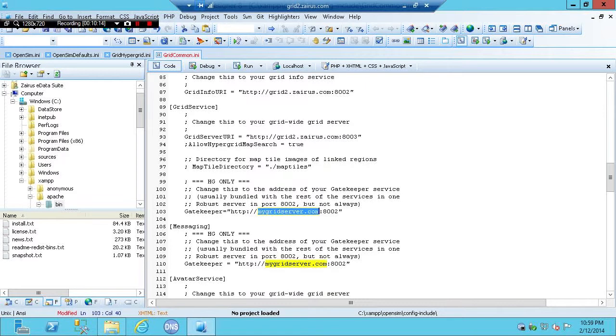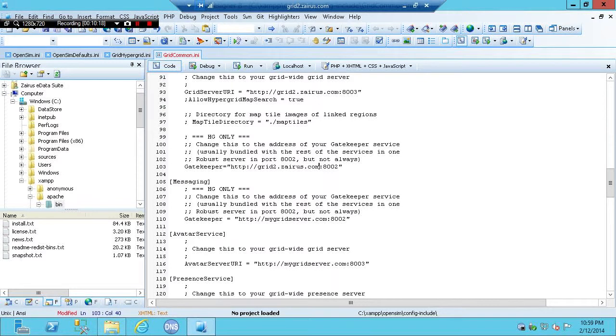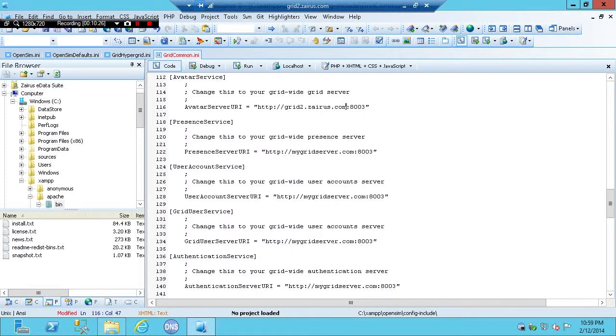The gatekeeper for the grid service, and this is the messaging, and it's going to be also this one. The avatar service, of course. Presence. Okay, I'm just going to change all of these addresses to mine. User account. So 8003 and 8002 are going to be ports. I guess 8003 is the port I have to connect to,